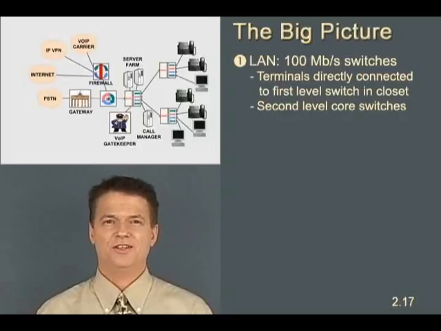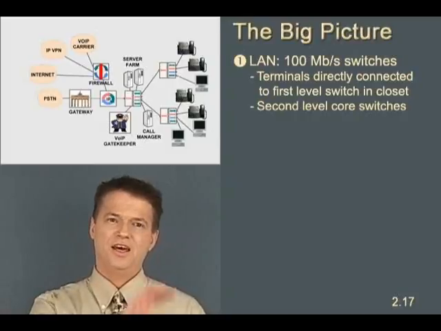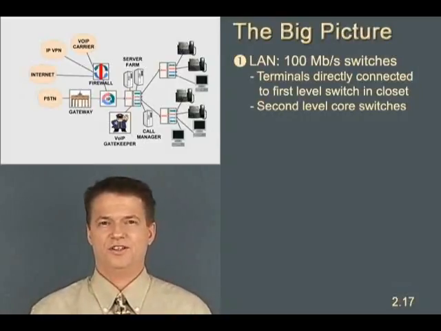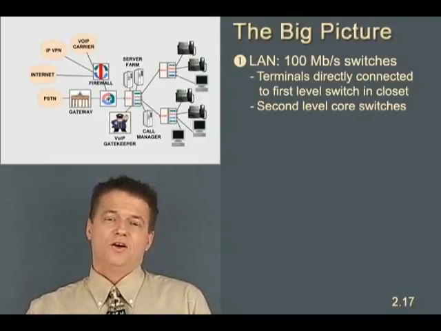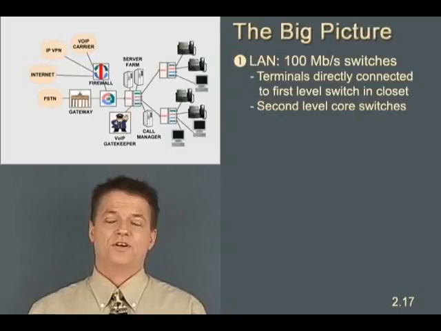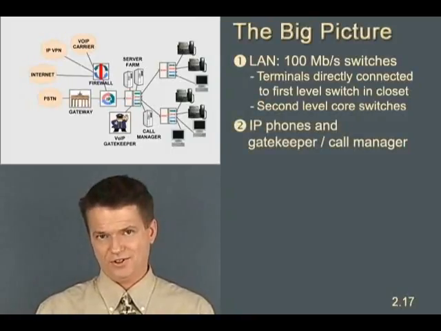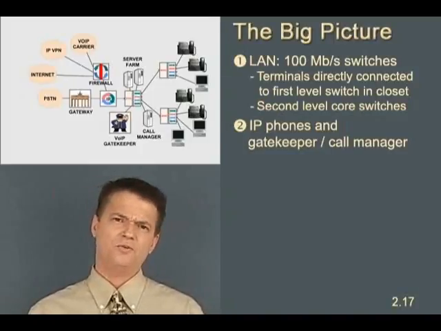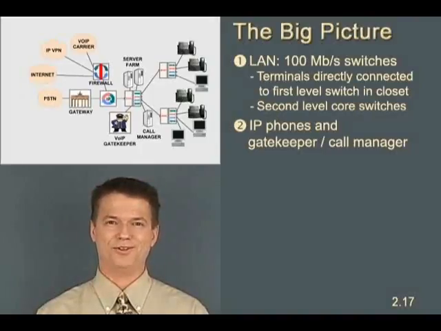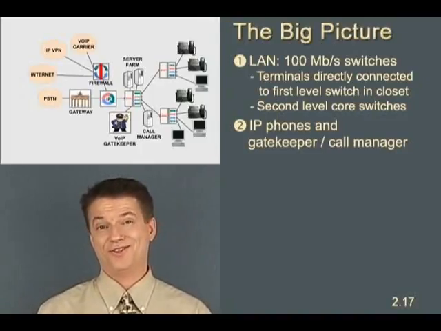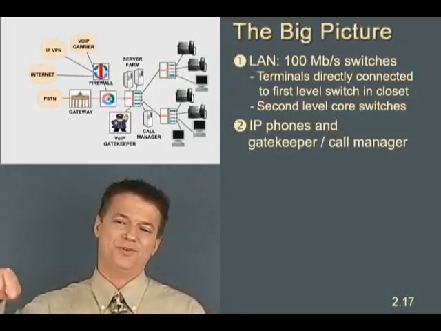So we like to use Ethernet switches to build the system inside the building, and then just have one router as the interface between the in-building system and the outside world. Once we have the physical infrastructure in place, then we'd want to get some IP phones and the gatekeeper function installed and working. And we'd want to see if we can get a dial tone or the equivalent thereof from the gatekeeper. So can we actually register our terminal? Once we can get that working, then we'd want to see, can we establish a connection